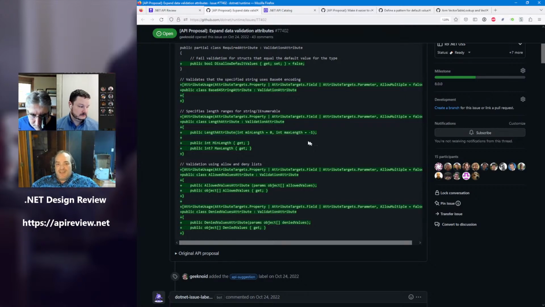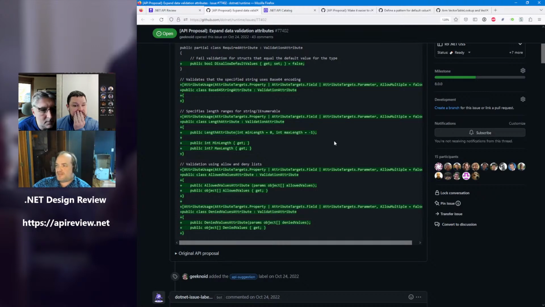No, sorry. Get rid of this equals 0 is most of my suggestion. Yeah. Don't default the minimum. Got it. So a separate constructor just for the max length. No, you can default the max length, just don't default the min length. With them both defaulted, you can specify nothing, and specifying nothing is the same as not having the attribute. So don't do that. Yeah. I mean, you'd need to specify a 0 if you didn't want an upper bound, but I think that's fine. Yeah.